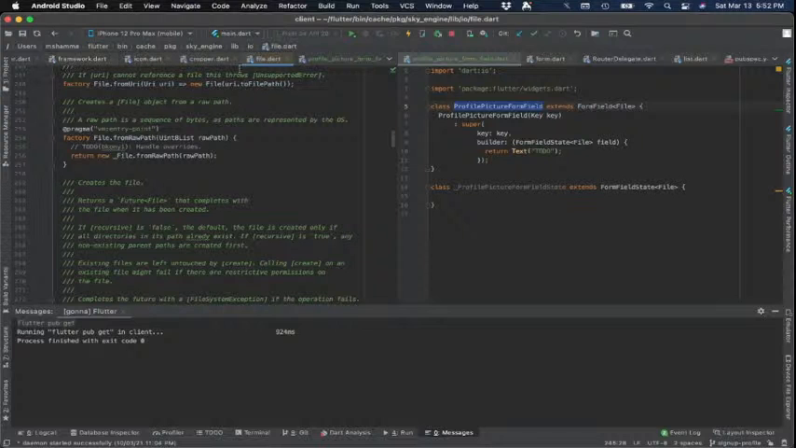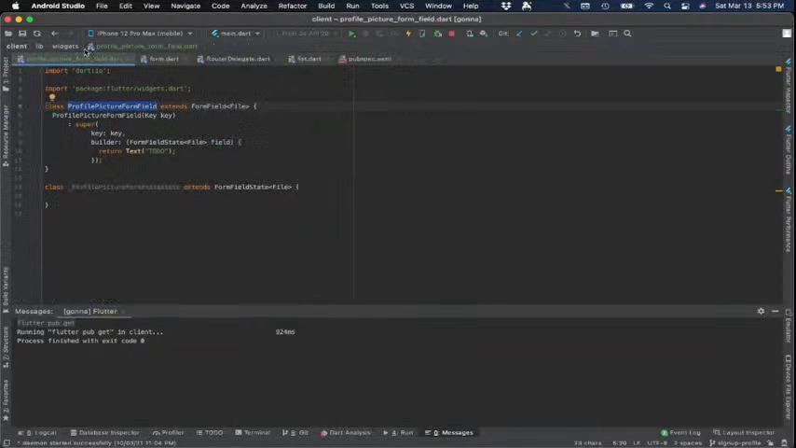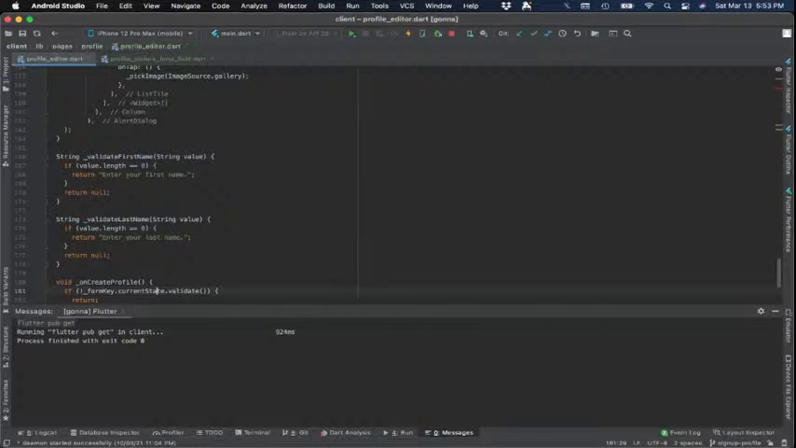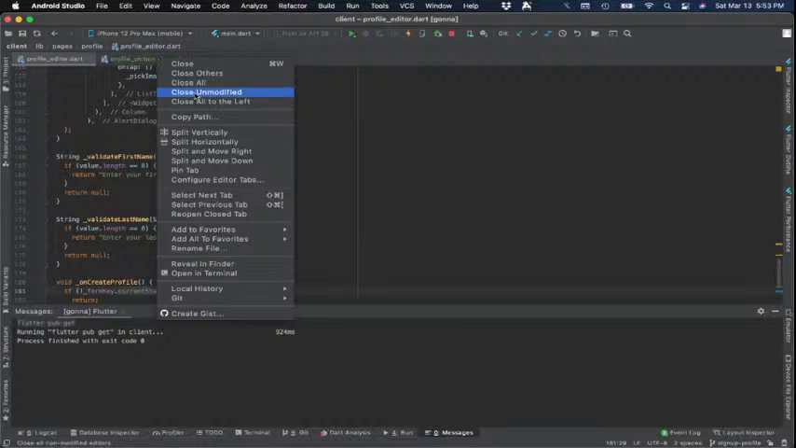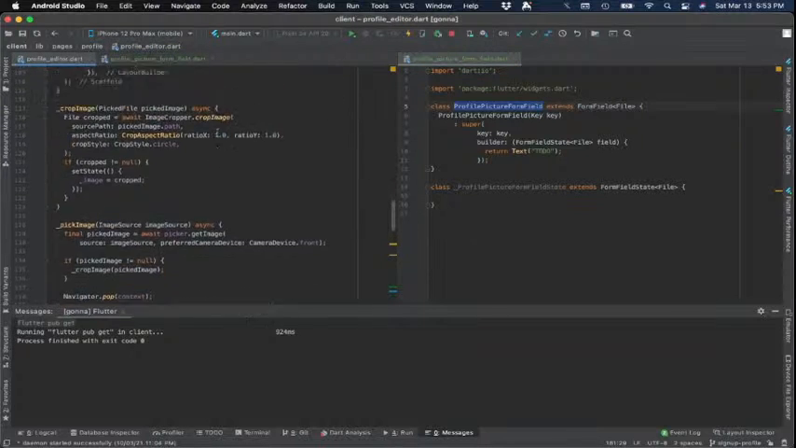Well, we have a lot of files open. I need to do a little bit of cleanup. So close all in group, close others. Then we have a profile editor. Split. Cool. So profile editor here we have,